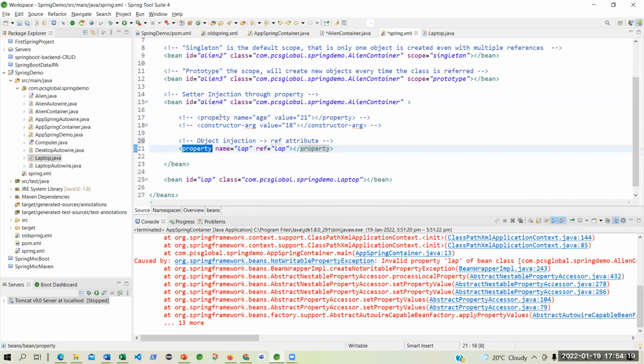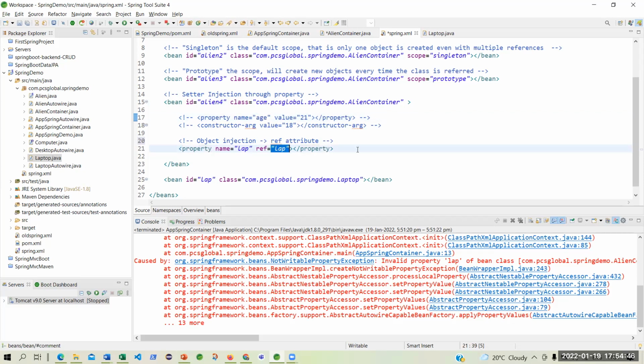But after all, this is a property. So what did you do here in this property? When you said property, you're assigning a value 21 to age. Didn't you do that with getter and setter? Anything you do with a property assignment, you must do with a getter and setter. So which getter and setter? Is it of age?